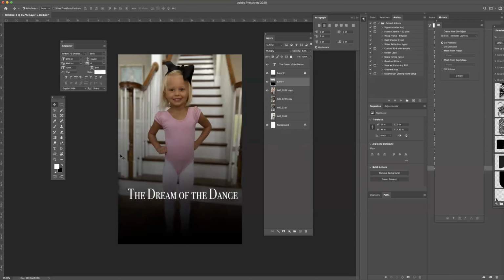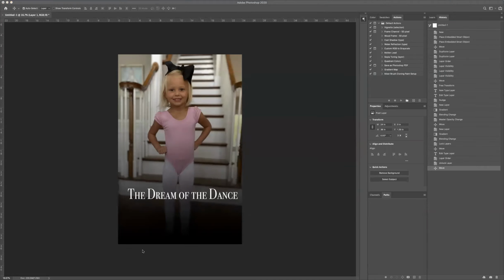Now, let's say if I want to do something like a torn piece of paper or something like that. I can do that, and I'll show you that in just a second. I'm going to go in here, and I'm going to jump over to Safari, Google Images. Now, when you Google Images, paper, torn edge,